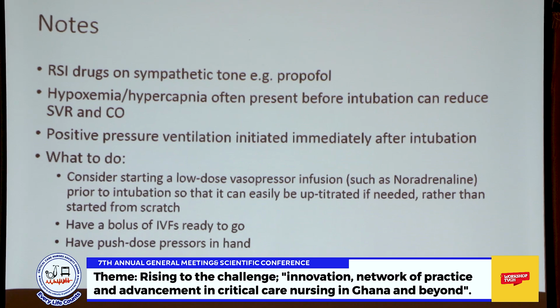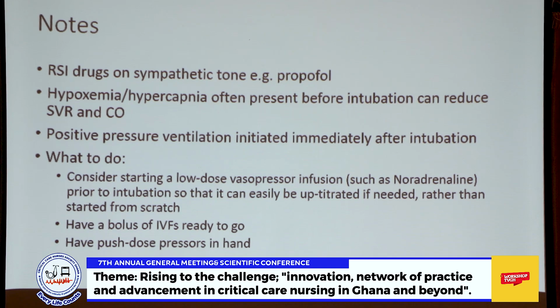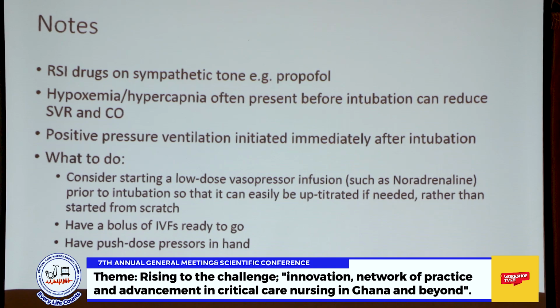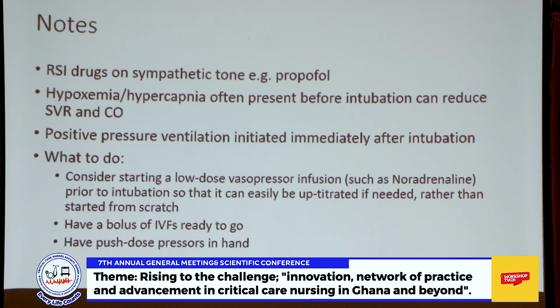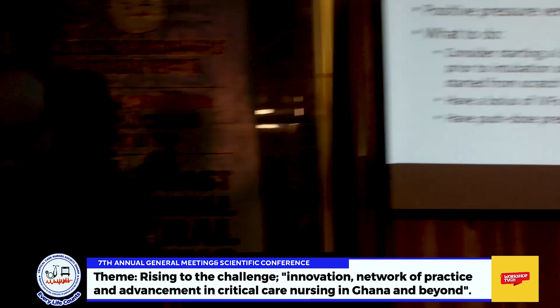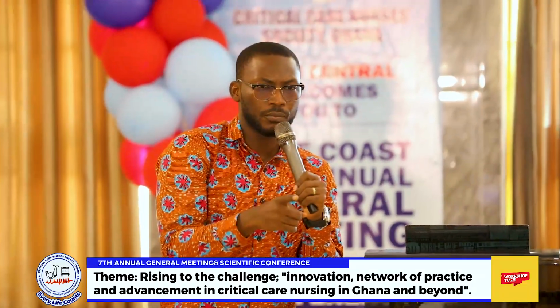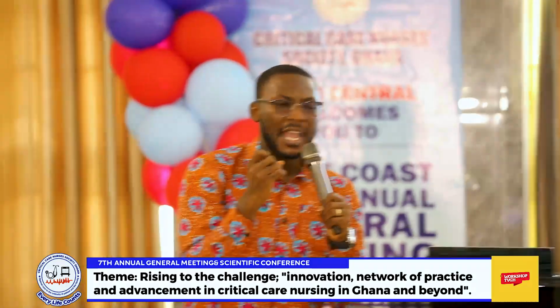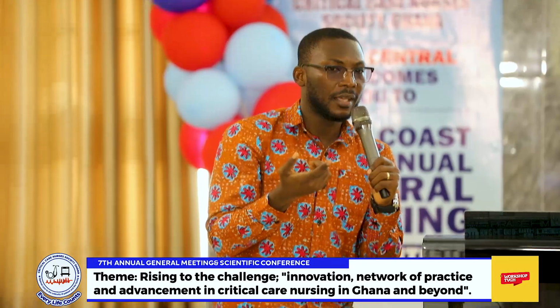Normally, for patients who you need to do a rapid sequence intubation, their sympathetic system is on the high, heart rate somewhere. But what happens is that when you intubate a patient, it numbs the sympathetic system. In fact, the medications that you'd use would also do the same thing. So if I'm going to intubate this patient, then I should expect that 90 on 60, MAP of 70, will still drop. So one, either I do something to counteract that, or carefully choose my medications that I'm going to